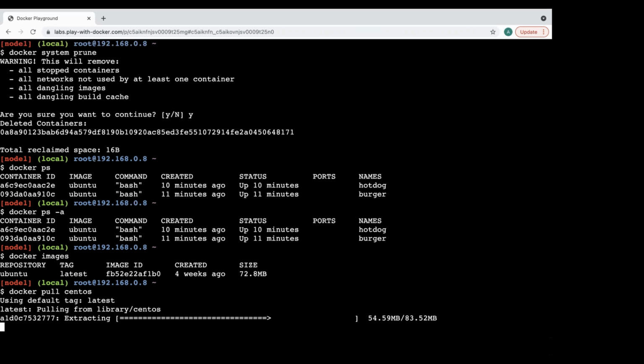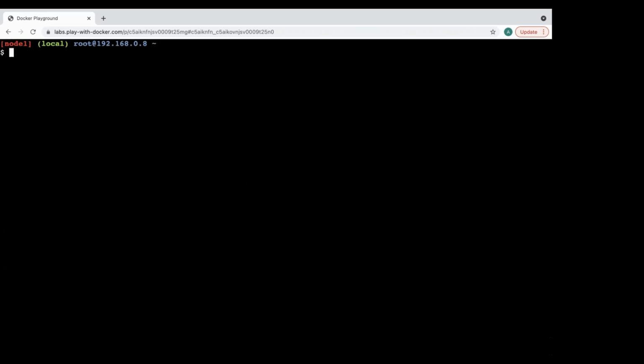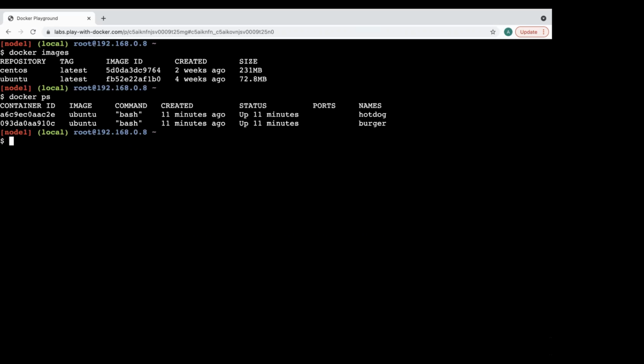So what we are dealing with right now is the life cycle of a Docker container. All right, say docker images. You must have two images right now. Good. Now I want to remove the Ubuntu, because I may not need this image.